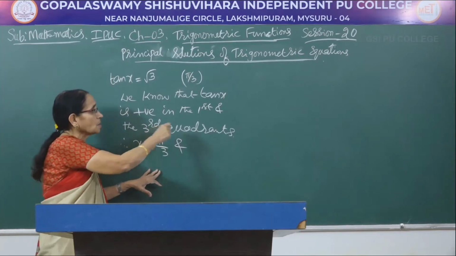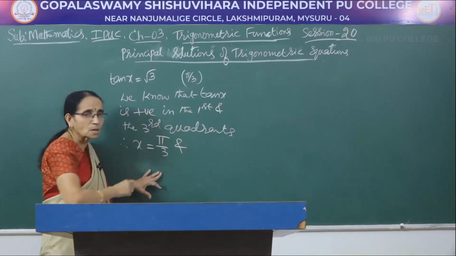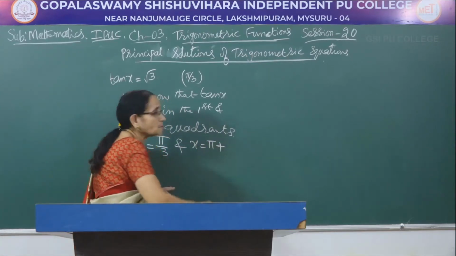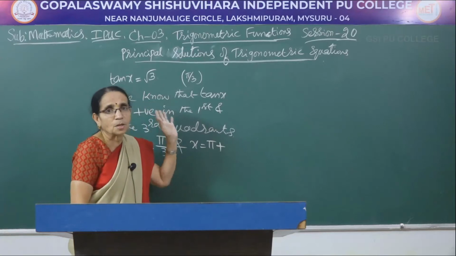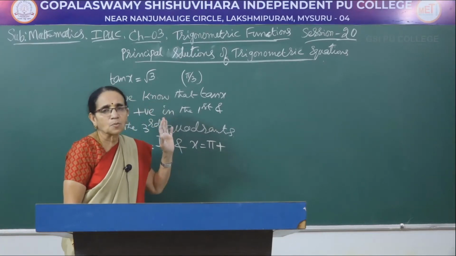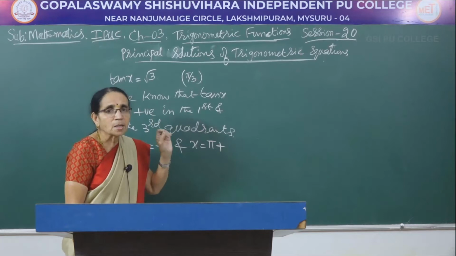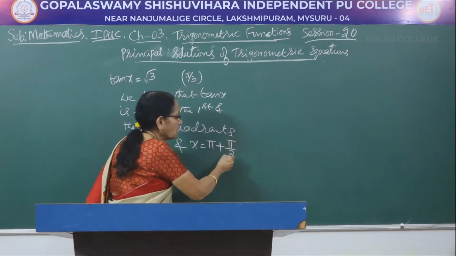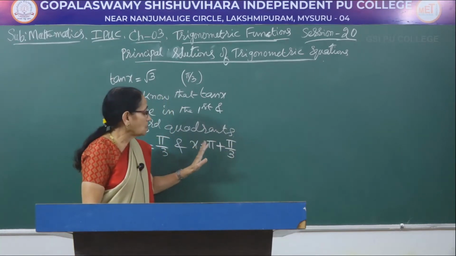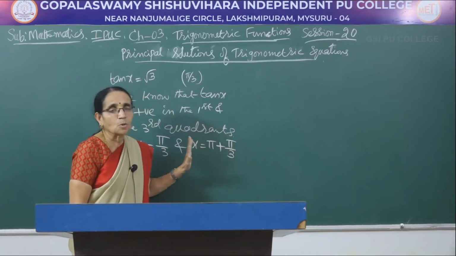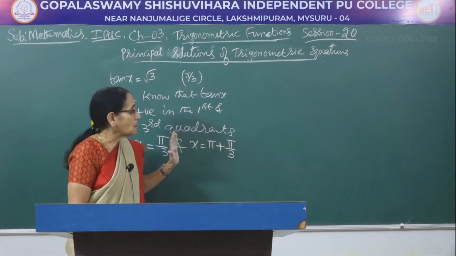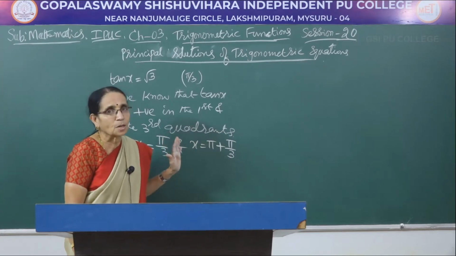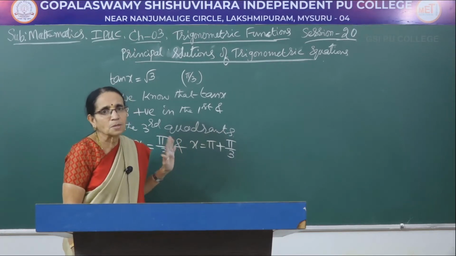Now the first quadrant is over. Third quadrant means, how should you write? Always write pi plus something, whatever may be the function that is given. Whenever we have to consider the third quadrant, write it as pi plus that value. So it would be pi plus pi by 3. Don't ever write 3 pi by 2 minus something like that. Don't use pi by 2 or 3 pi by 2, because when you write like that, the function would be changed to its co-function. So you will not be getting the correct principal solutions.